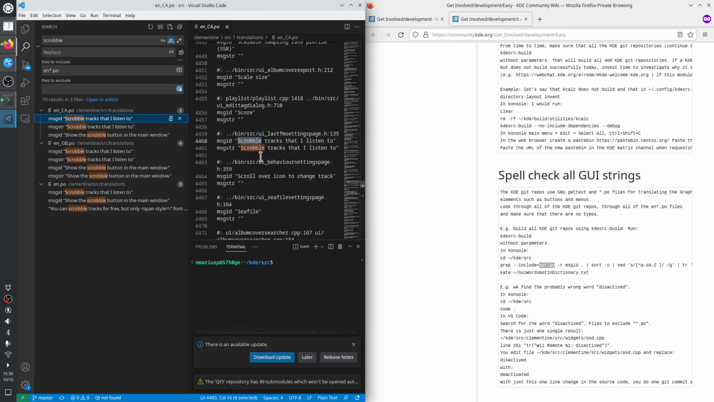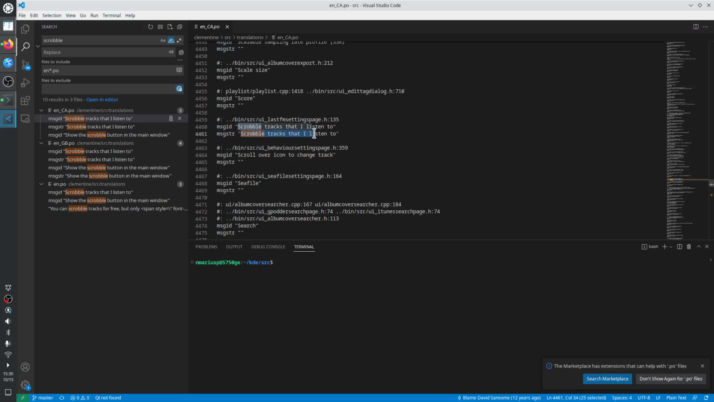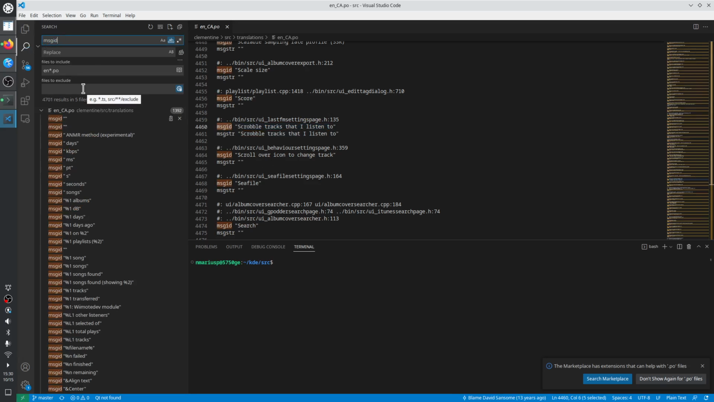Let's see how these files look. So there's a comment, there's a MSGID and a MSGSTR. STR is the translated string and message ID is the string in English. So let's find all of the strings in English, for instance. We go MSGID, Ctrl V. Okay. It has found 1000